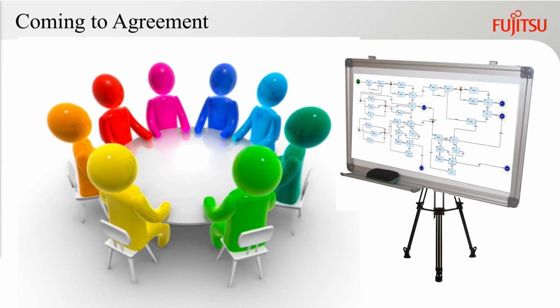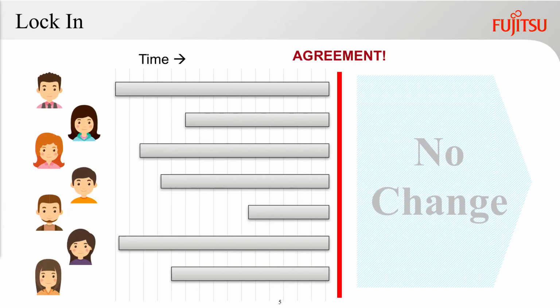There's a deeper underlying problem, and that is that all of these people that are involved in this have a stake in this process. And you know what? They all want control. They all want to make sure that this process doesn't change unless they've got their stamp of approval on it and that their parts of the process are satisfied. And it goes like this.